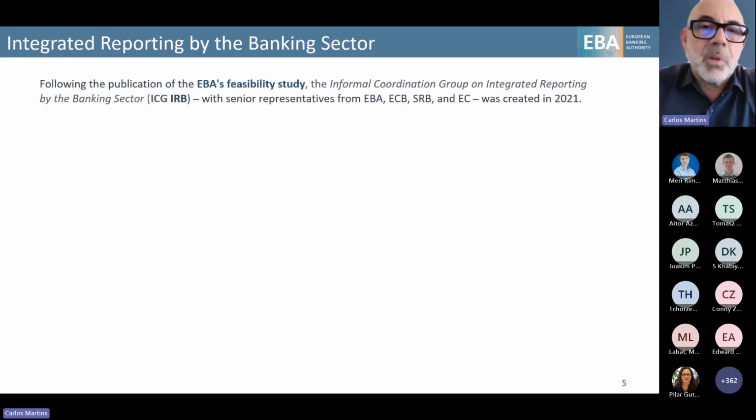And now let me talk a bit about exploring the application of the DPM outside the traditional use cases of EBA and EIOPA. There was a feasibility study on integrated reporting that was led by the EBA, so EBA was mandated to do this.